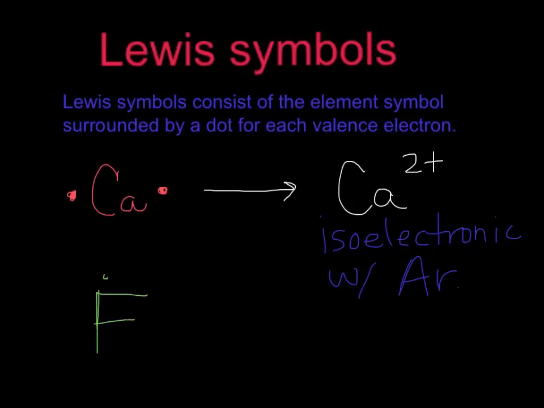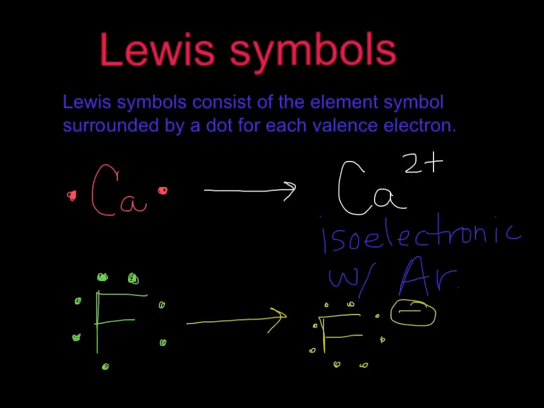Fluorine has 7 valence electrons. It's in group 7 of the periodic table, group 7A. It's a halogen. And so we draw our Lewis symbol like this. Fluorine typically gains an electron to go to fluoride anion. Showing now that we have this noble gas configuration again, fluoride anion,